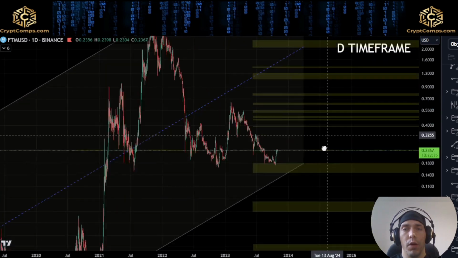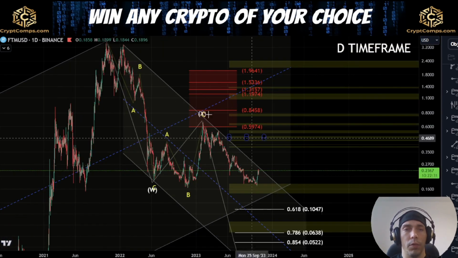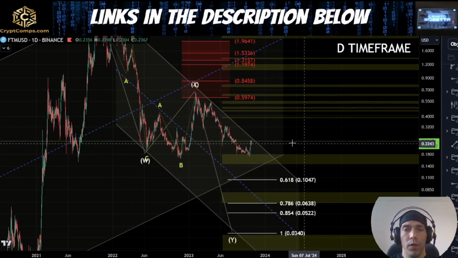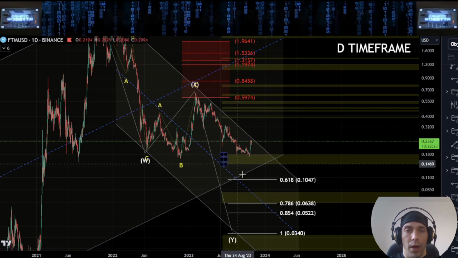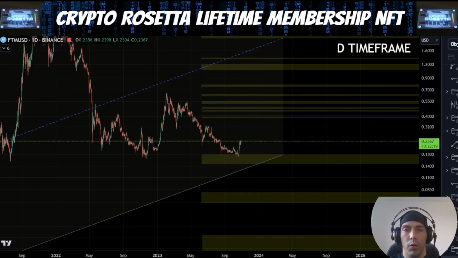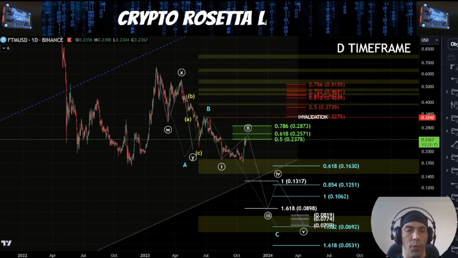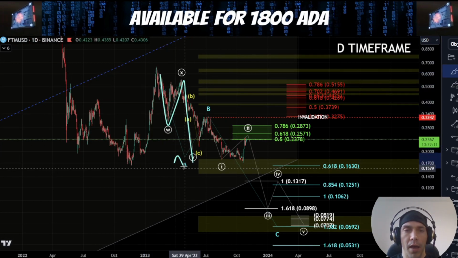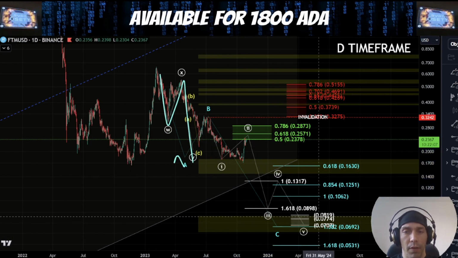Now, one of the other ways that we discussed this previously is that we could be looking for something like this as a W, an X, and a Y. Within this idea here, what I would be looking for would be the potential that we are actually forming the A wave of this Y wave. So effectively, what we'd be looking at is either something like this, where we see a direct breakdown here, where we see this become WXY for A. We have this as our B wave, and we see 1, 2, 3, 4, 5,